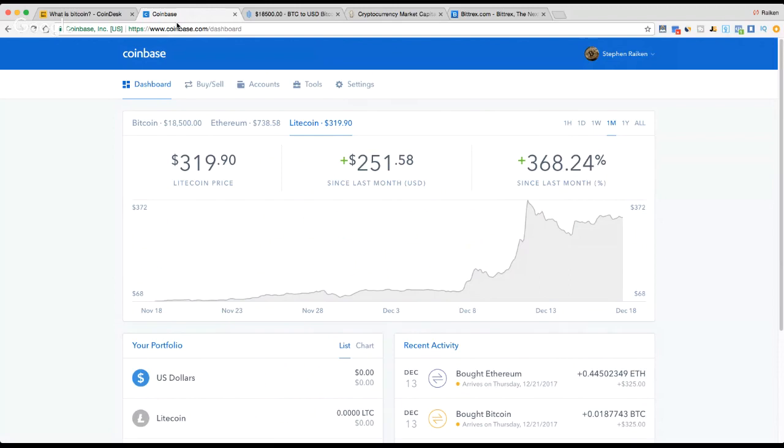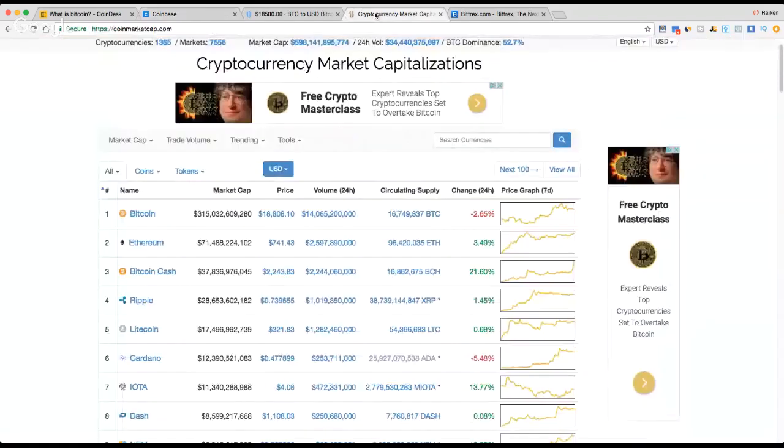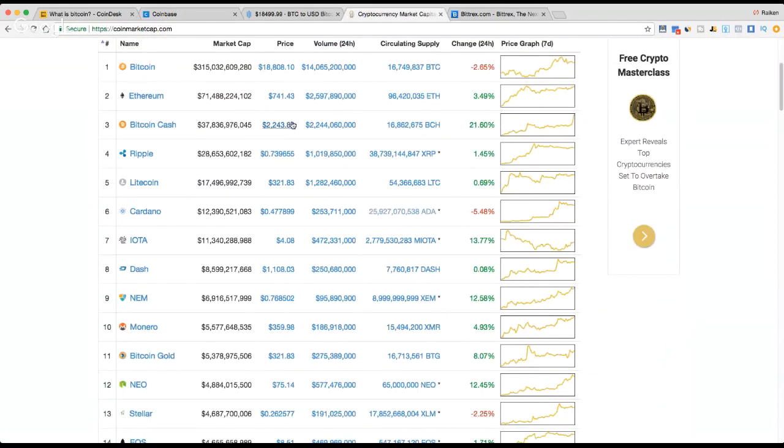Be very clear that I'm a beginner. Be very clear that I really don't know what I'm doing right now, but I am learning, and I'm going to be sharing my journey with you guys. I have some ideas of different things that I want to do. Again, I want to get into some different cryptocurrencies as well. I also want to get into